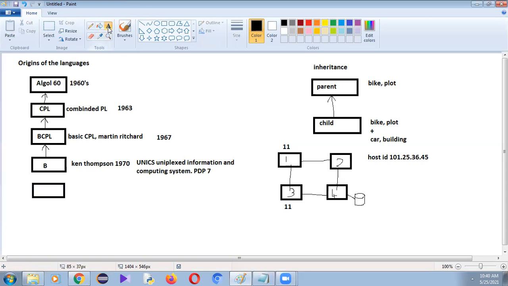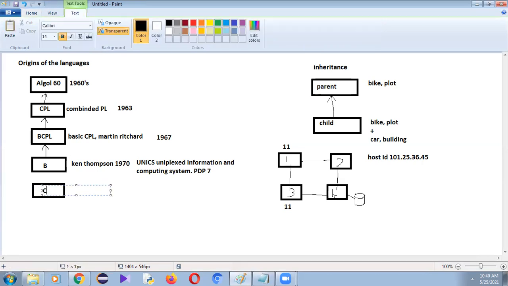After struggling so many years, he invented a programming language. For that programming language, he gave the name C. So C is a portable language. Now let's see why Ken Thompson gave only a one-letter name to this programming language. Ken Thompson picked the first letter from BCPL. That's why he gave it the name B. Now, why Dennis Ritchie? The C was invented by Dennis Ritchie.